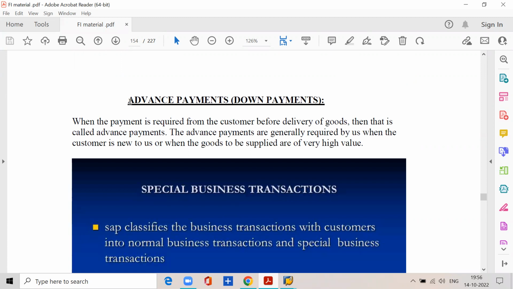See, as in the case of sales, normally the business process is like this. First, the customer gives the sales order to us, right? Then we deliver the goods. After receipt of the goods only, the customer makes the payment. Even if it is an immediate payment also, right? After receipt of the goods only, the customer makes the payment to us. Right? But sometimes,